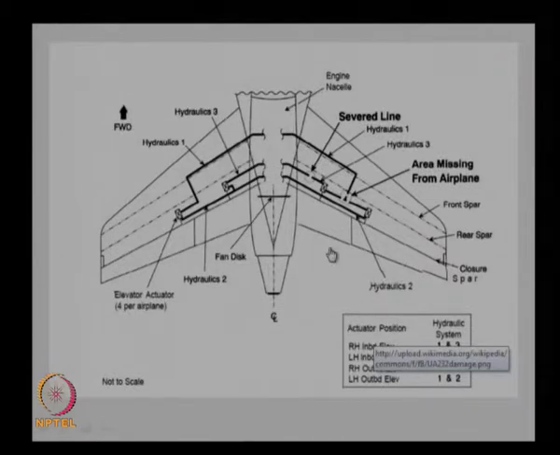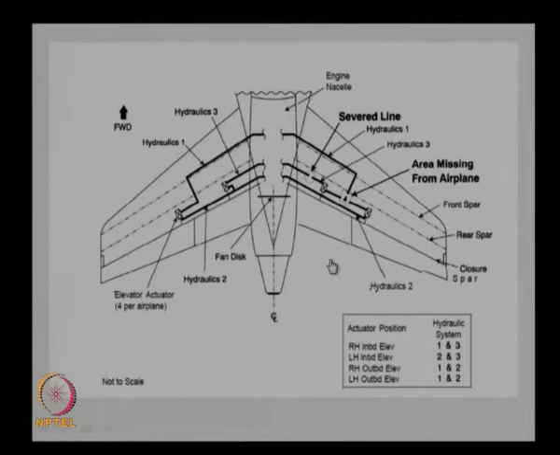Okay, this is the hydraulics diagram which shows that at this point the part was missing, because this was a point where the hydraulic supply to the control planes on this wing was provided, and since it was damaged at this single point, the system failed and it could not really control the plane. Control was made impossible because of that failure.